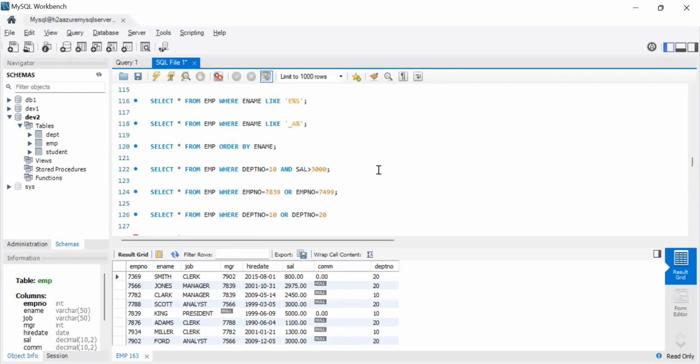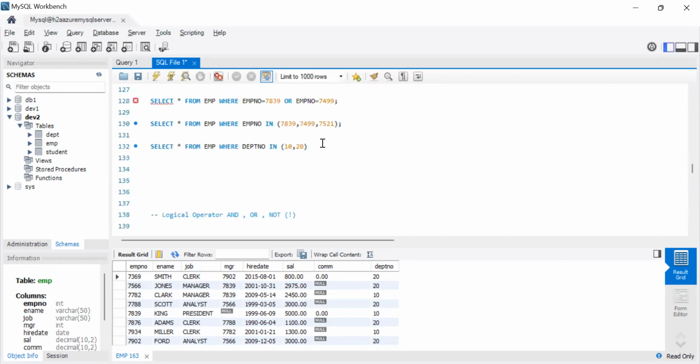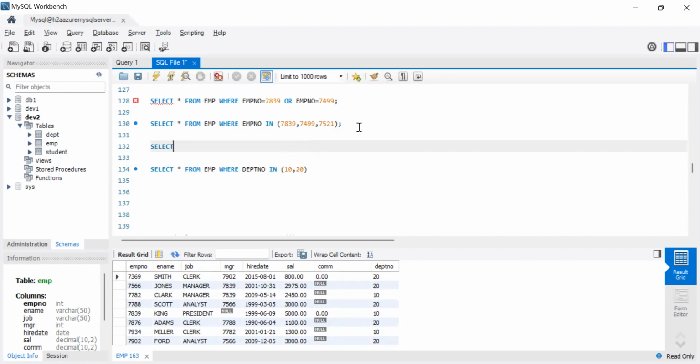Okay, also one more thing I kept but forgot to explain. Whenever you are writing any condition on a text column, always you have to use a single quote. For numericals, a single quote is not required. So select star from EMP where department number equal to. Select star from EMP where this. So now I want to say select star from